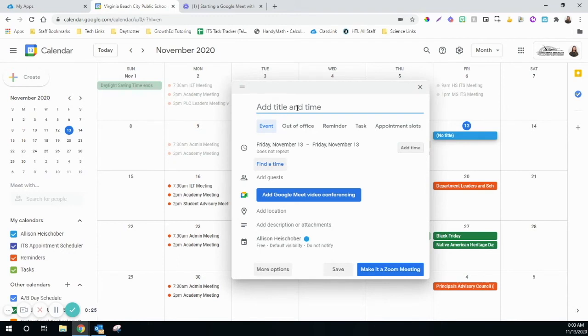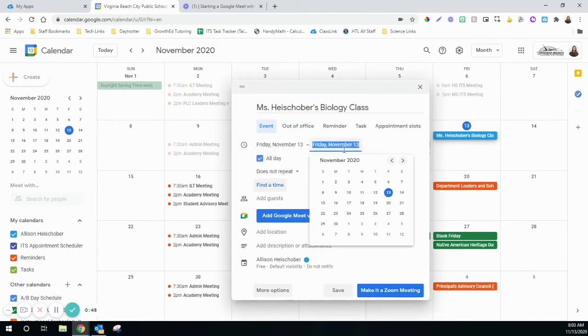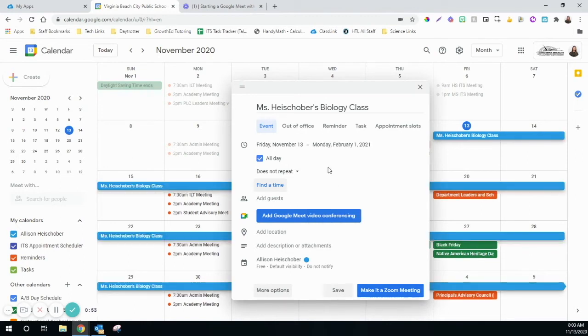So for this, we want to probably give it a name, something related to the class that we teach and our name. So we'll call this Miss Highshober's biology class. And then we want to change the end date for this, because we want this to be a recurring link that we can use over and over again. So let's say we want to take it out for the rest of the term. We can go all the way to, let's say, February 1st